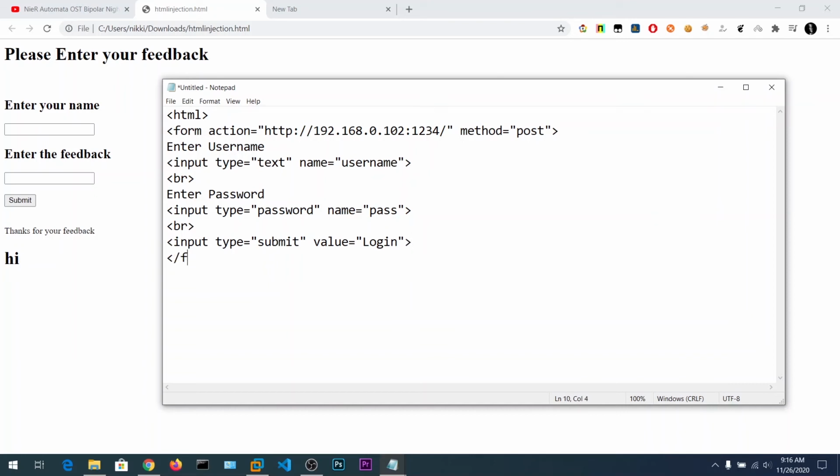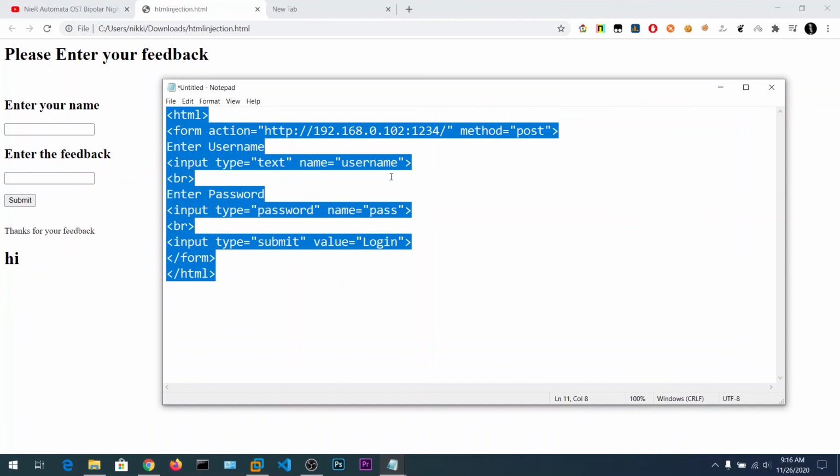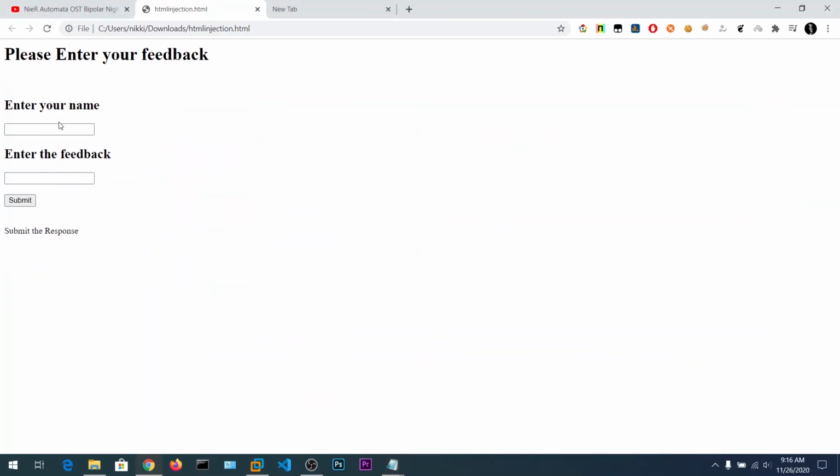Now let me close this form and close the HTML tag. Let me copy all this. Now let's refresh this page, paste the HTML code here, write some feedback and click on submit. As you can see, we have got the form.